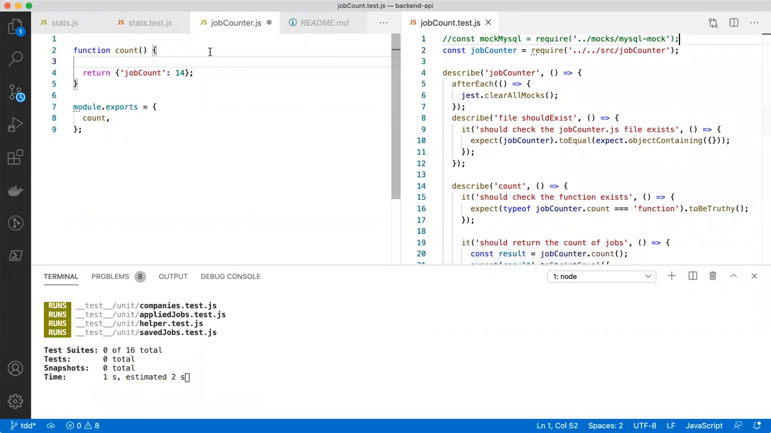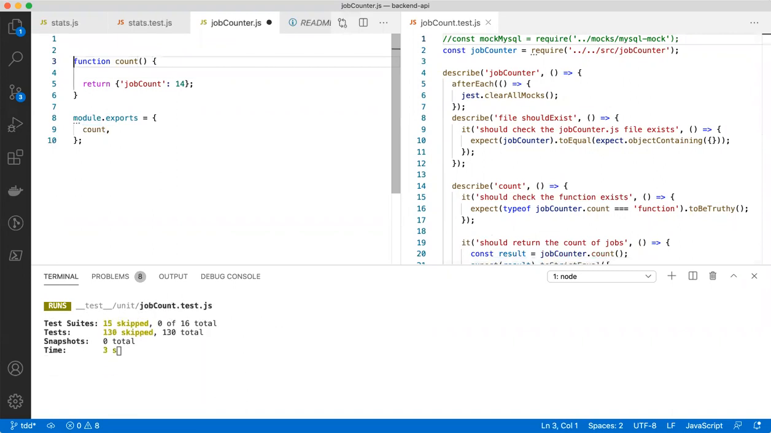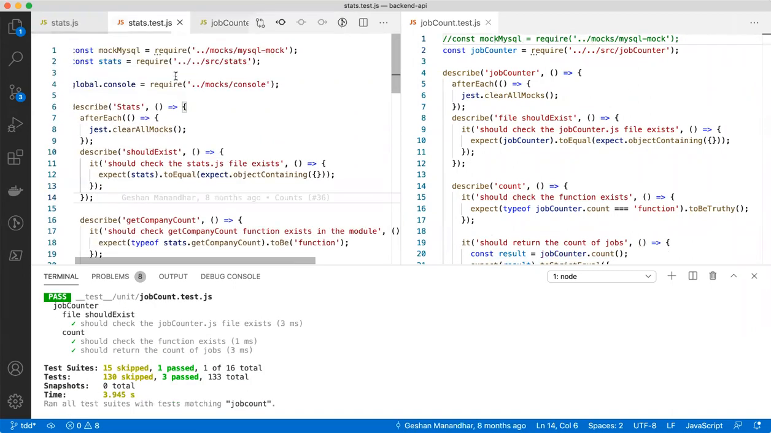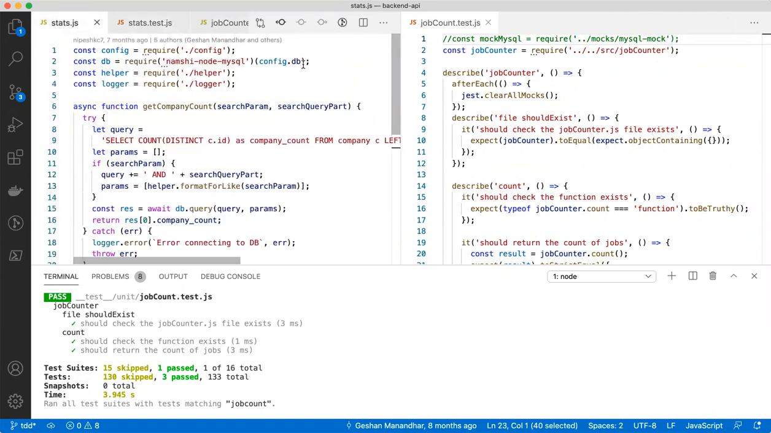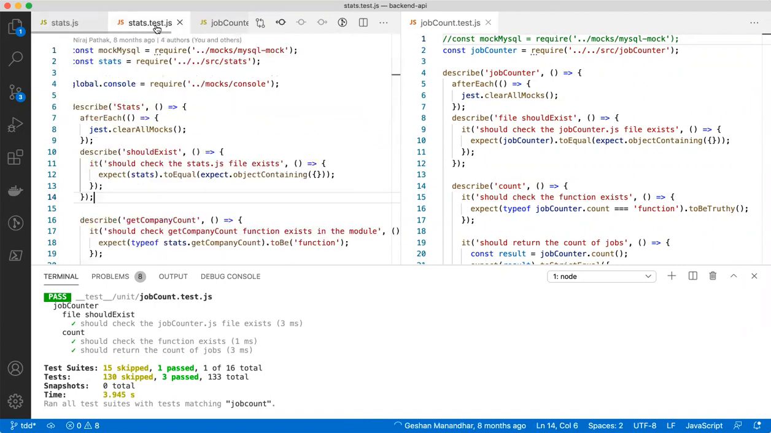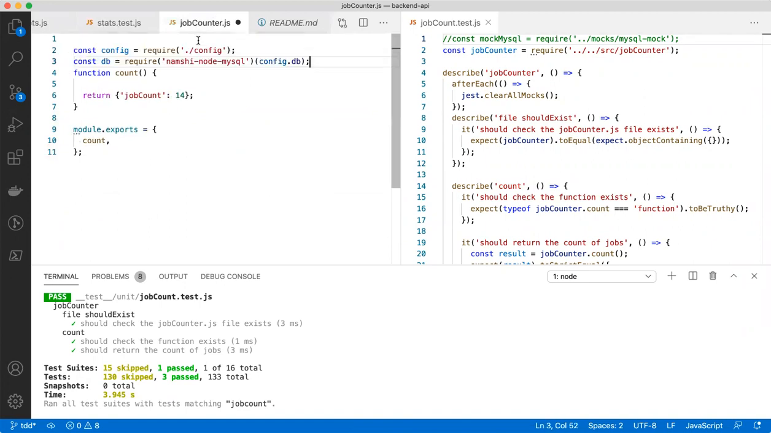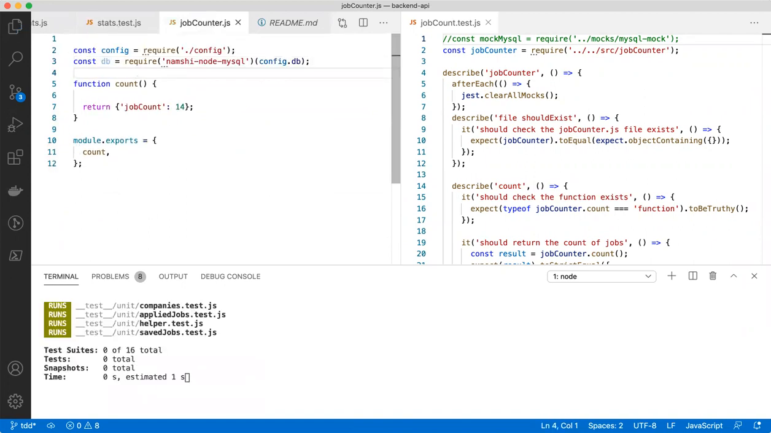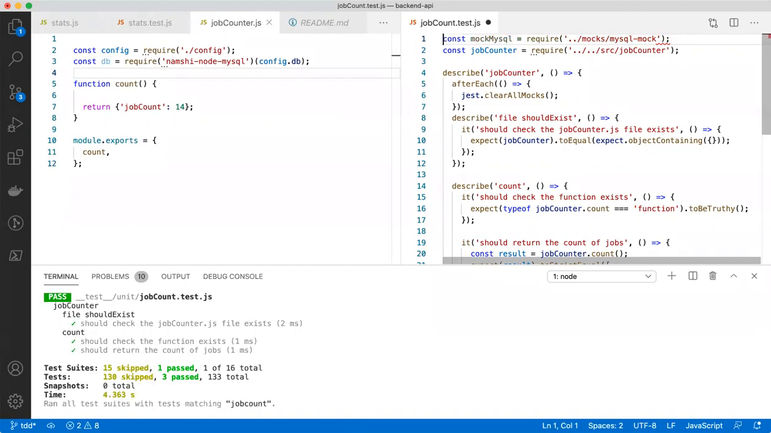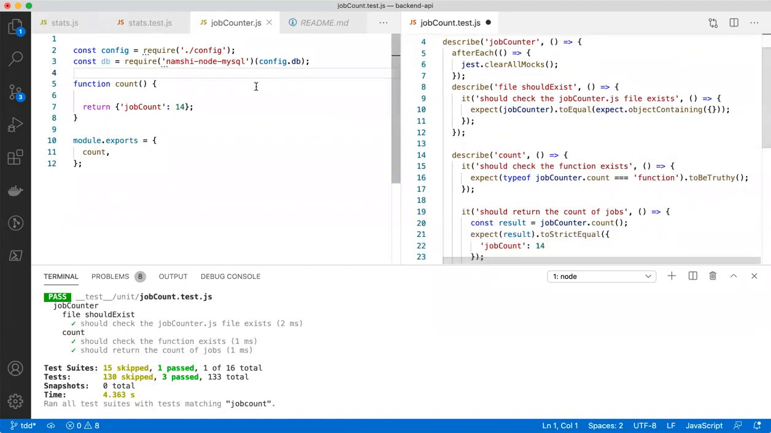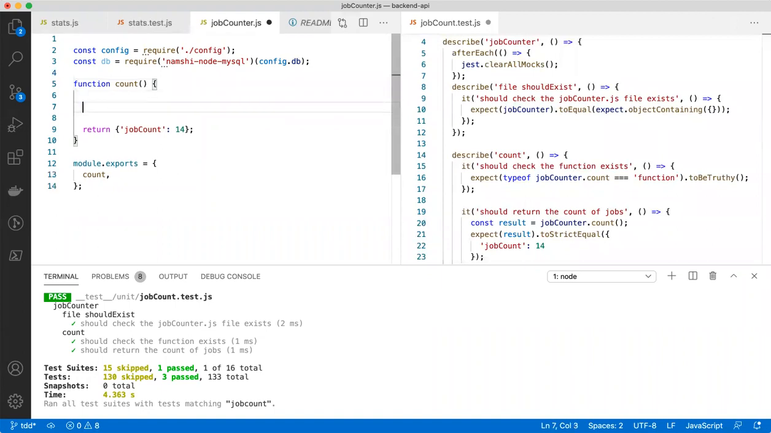Now, as soon as I have a mysql library, for example, I should mock it. So at this point I just want the mysql library. Now as soon as I have this here, I'm just mocking it so that I can use it. Now here if I do a query, let's say I have